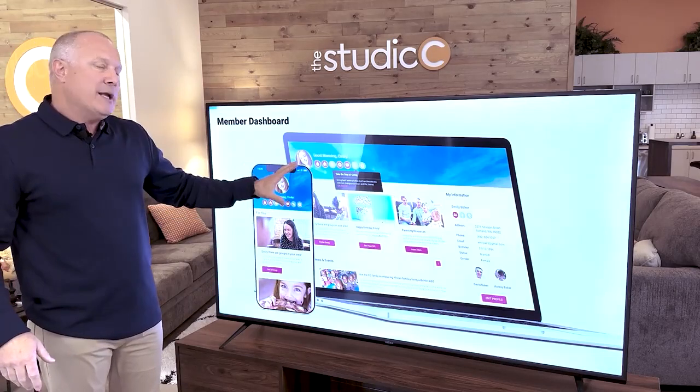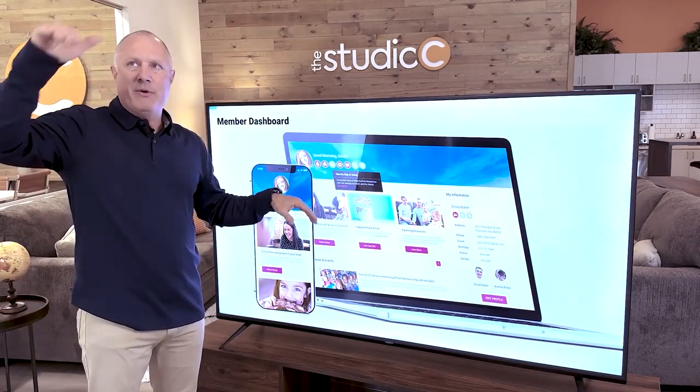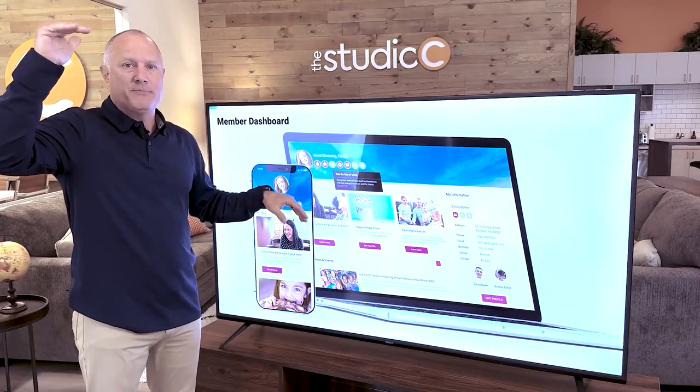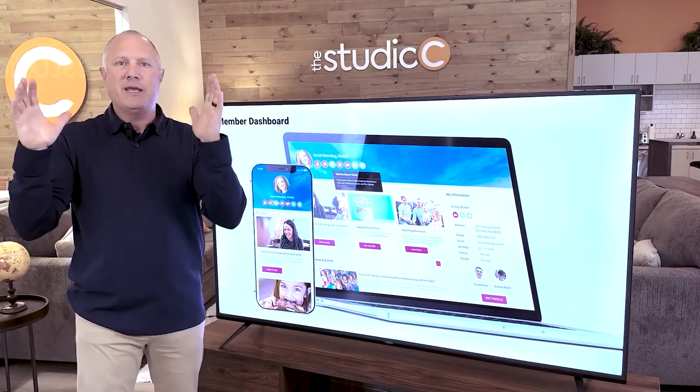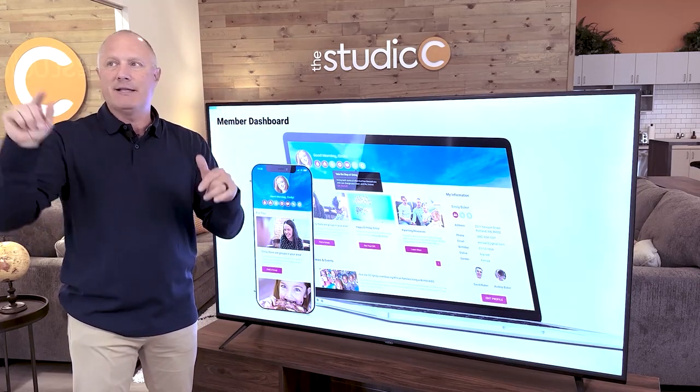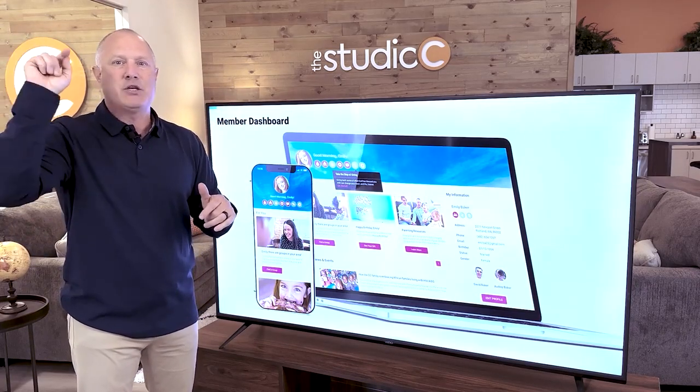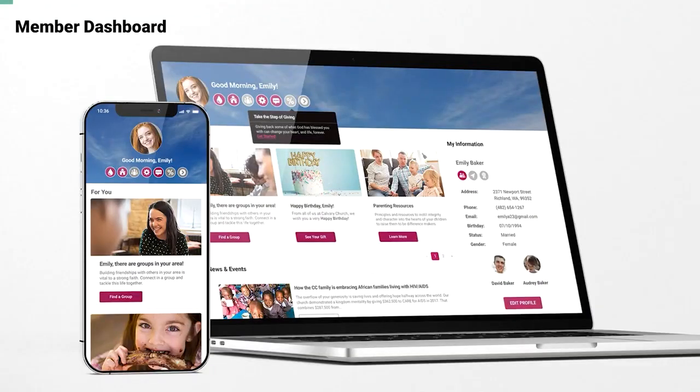So I mentioned to you also the website, that we feel like the website is predominantly for your prospects. But what we do for your members is we give you a member login on your website. They'll have a little link on there that says My Dashboard they can click on. They do that one time, and after that, what they see is their personalized dashboard even on the website. So once they log in, they're going to see their steps. It's a really good example of what it looks like to click on one.